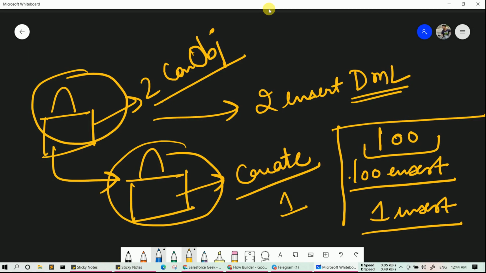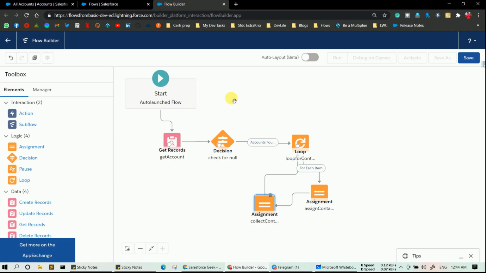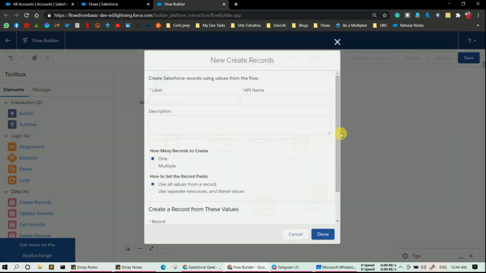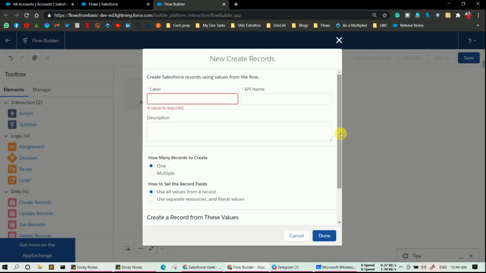Now let's move back to the flow and create these contact records. For that, what you need to do is drag and drop a create record element over there. Let's say create contact.